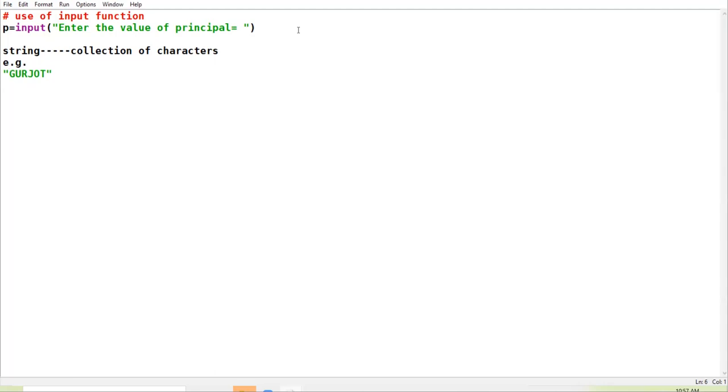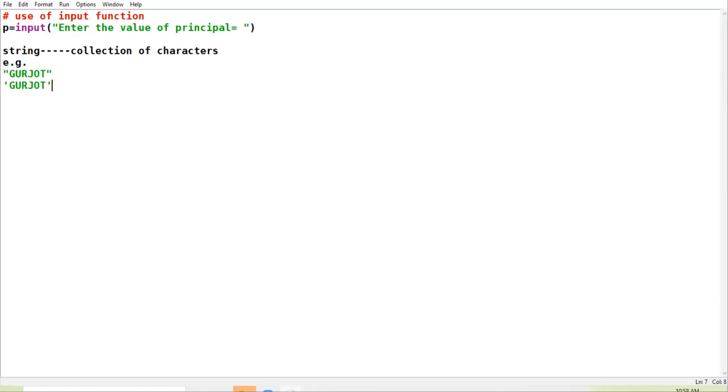And in Python, string is enclosed in double quotes or single quotes. You can enclose your string in Python either in double quotes or single quotes. Clear? Now, you cannot perform any calculations on string. All the mathematical calculations you cannot perform on the string.